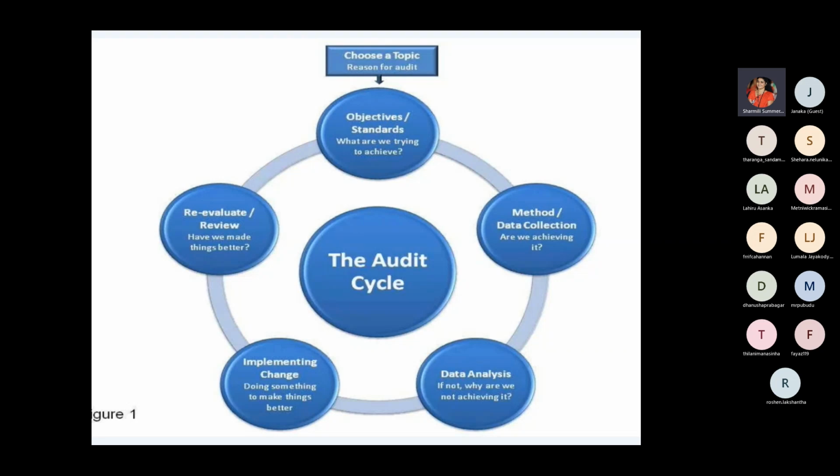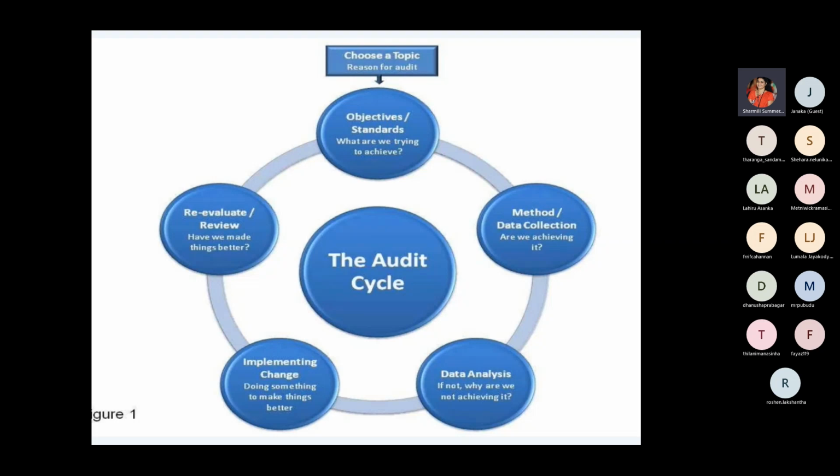If not, if the achieving is data analysis, why are we not achieving it? That is the analysis. We are collecting the data, and under the data we are checking whether we are achieving it or not. If we are not achieving a particular objective or the principle, then we are analyzing why. What are the drawbacks? Which actions are preventing us from achieving that particular objective? Then after analysis, we identify these are the problems, the things that are interfering or interrupting us from getting that objective.